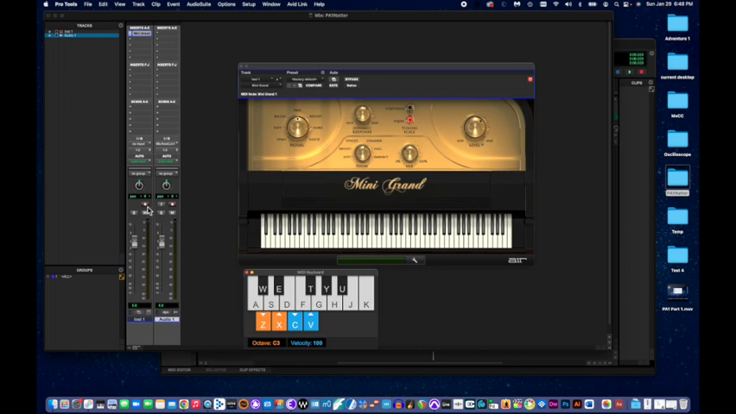So to do that, we have to click on this red button, and we see that now, if I scroll over it, it says track record enable. So if the track record enable button is flashing, that track is ready to receive MIDI data. So presumably if I press any of these keys,